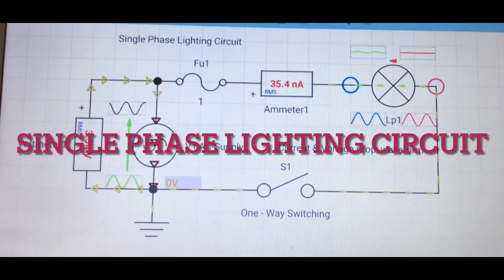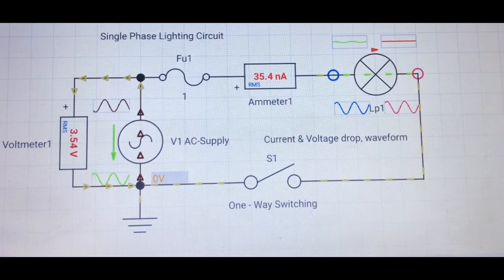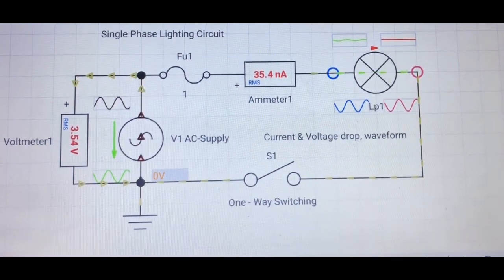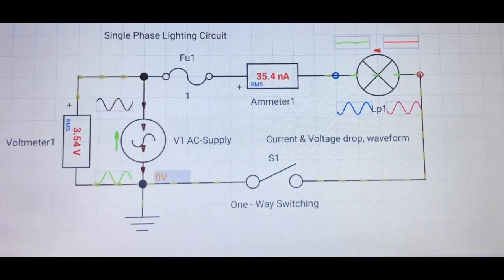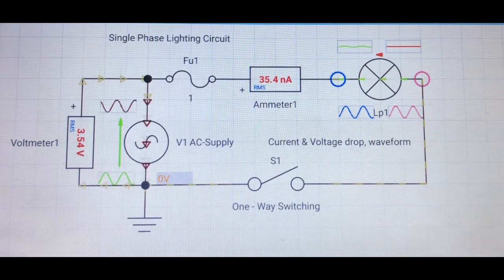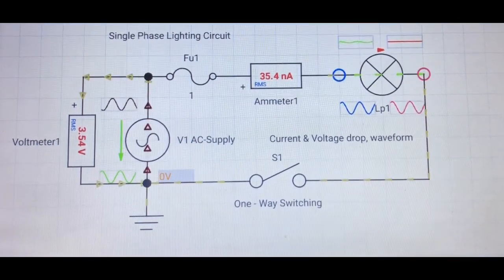A one-way switching single-phase design light bulb circuit diagram with a single lamp and a one-way switch from an AC supply voltage. There is 3.54 volts across the supply voltage showing on voltmeter 1, and then connected to a fuse, which is acting as the circuit breaker, and which shows 35.4 nanoamps of current flowing through ammeter 1